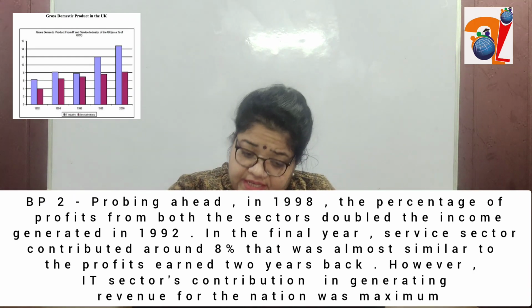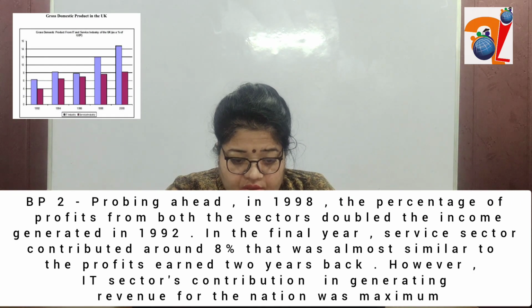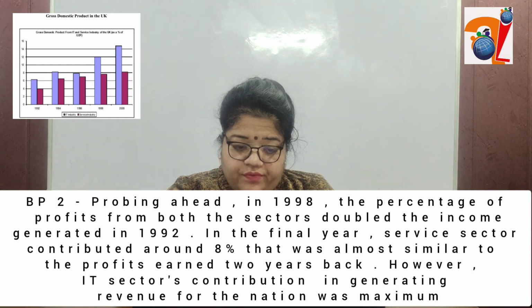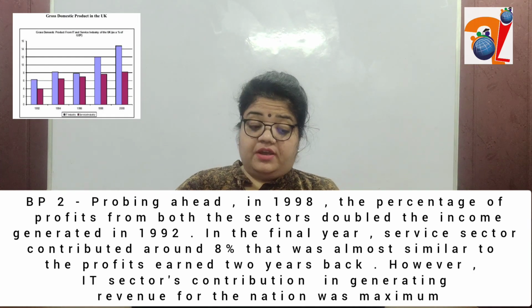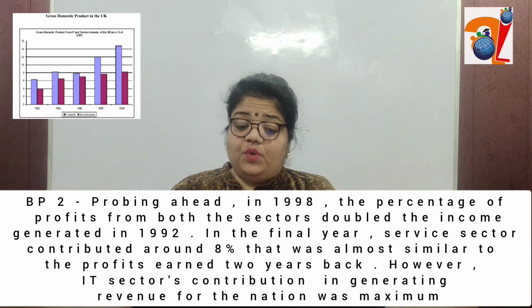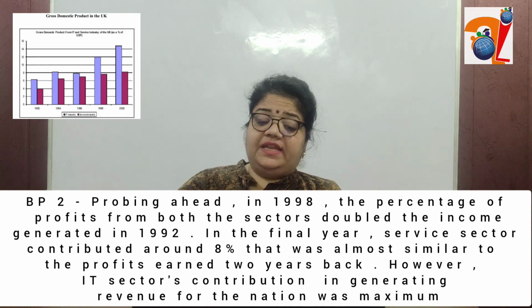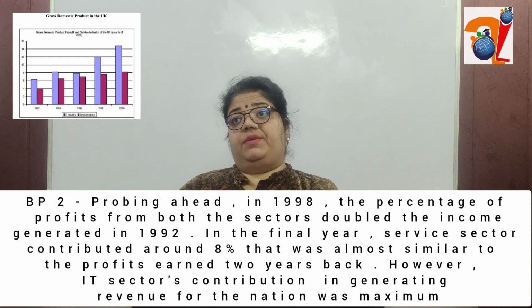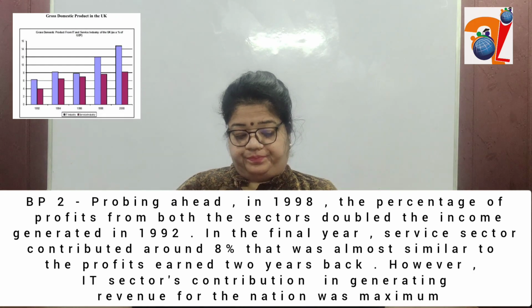See, in 1992, the figures were 6 and 4, while in 1998, the figures are 12 and 8. So just to make a comparative sentence, we have compared this 1998 with 1992 so that we can make an effective sentence. In the final year,